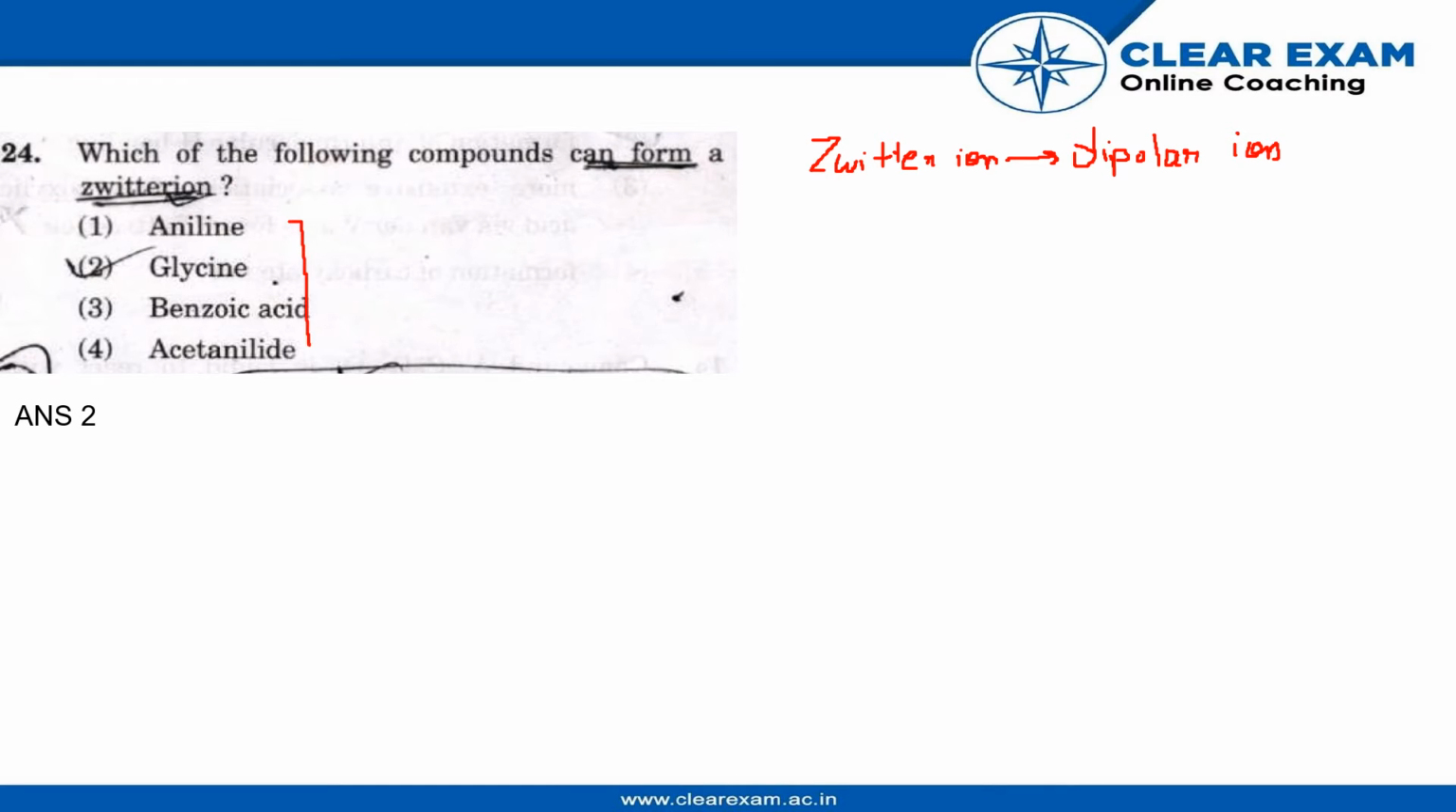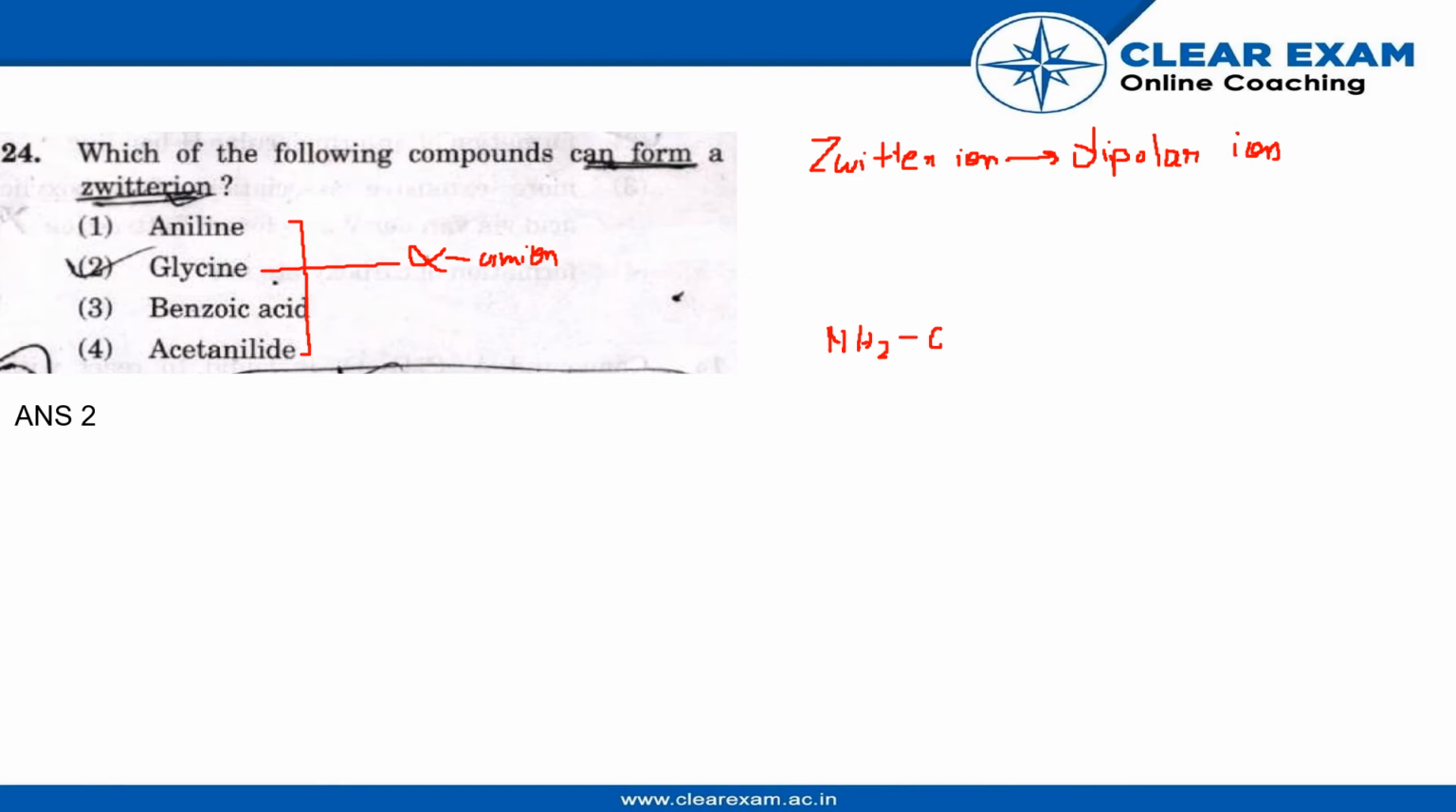And out of these four compounds given in the question, only glycine is the alpha amino acid. So this is the answer. So let's also verify the question. So the structure for the glycine is